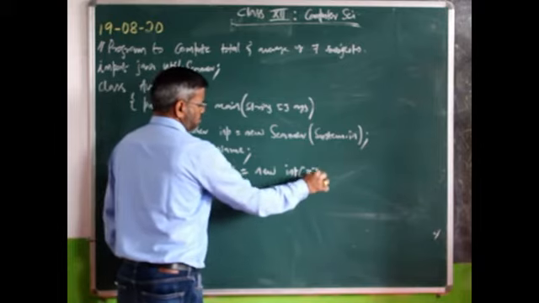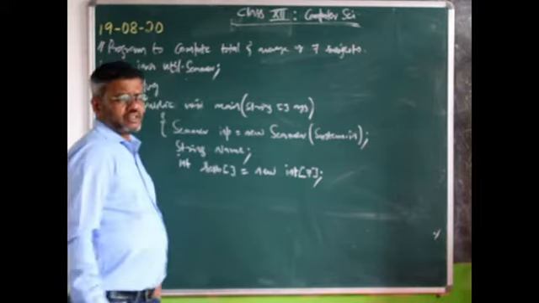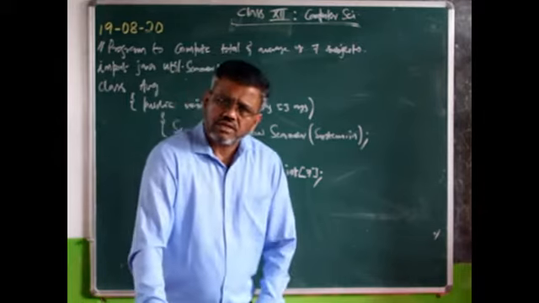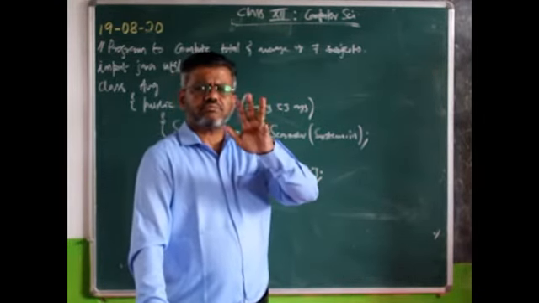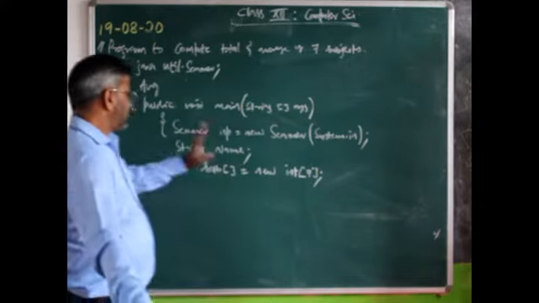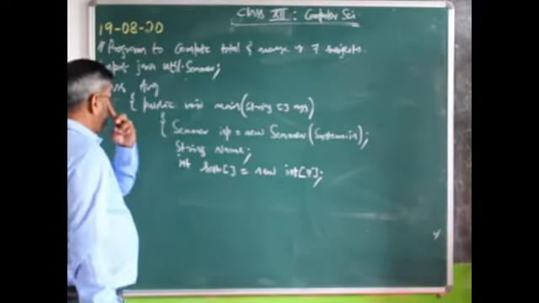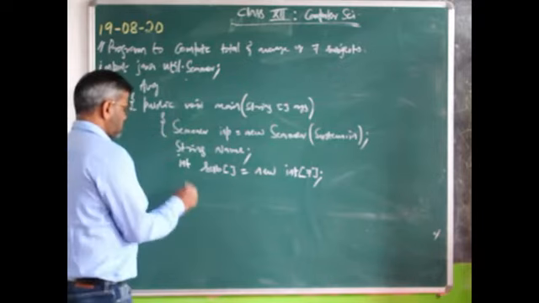There are 7 subjects. Right? How many subjects are there? 7 subjects: English 1, English 2, mathematics, physics, chemistry, bio and computer science. Right? 7 subjects. Now, what I do is, I start